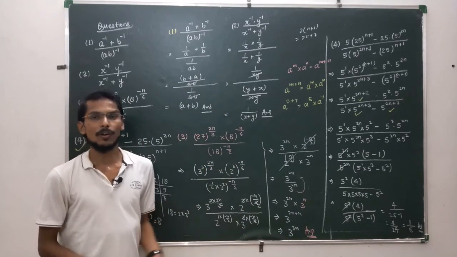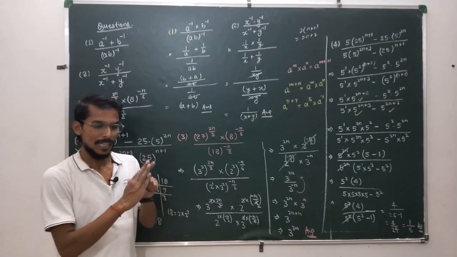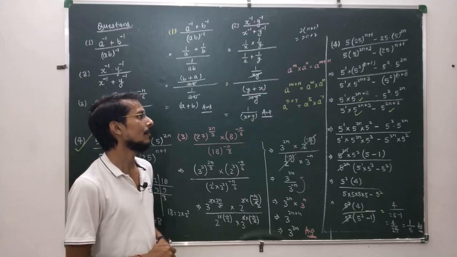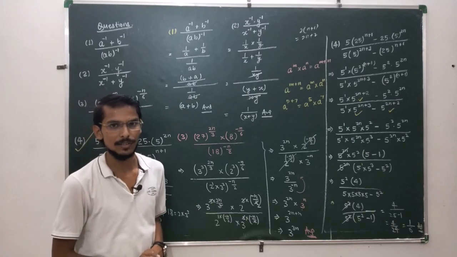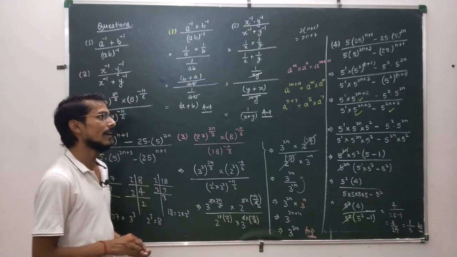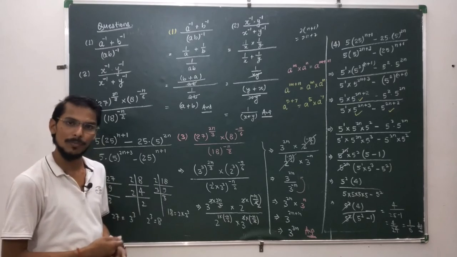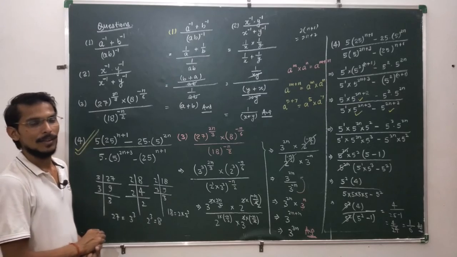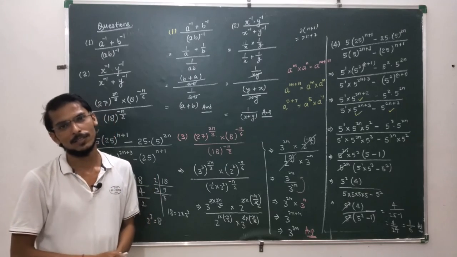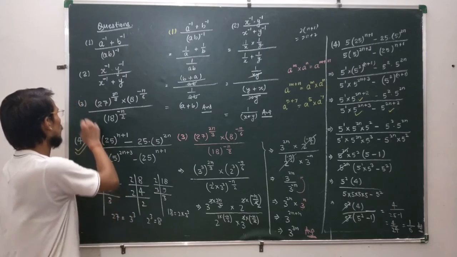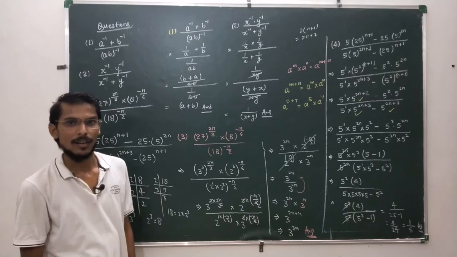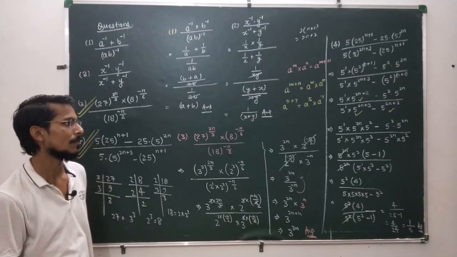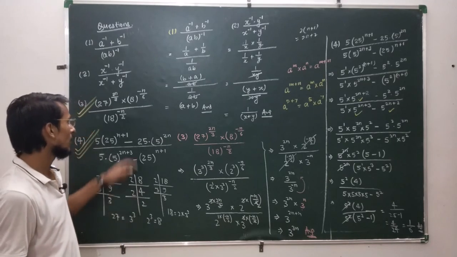So this is a very important question. We have expanded using the formula of indices, and then we are able to do this question very easily. This is a very important question. Try to understand once and then try to do it by yourself. If this question is clear to you, then I hope you have gained 75% concept of this chapter. Because if these two questions are easy for you, then you are able to do all types of questions. Almost all types of questions can be done by you. So try to understand these two questions.